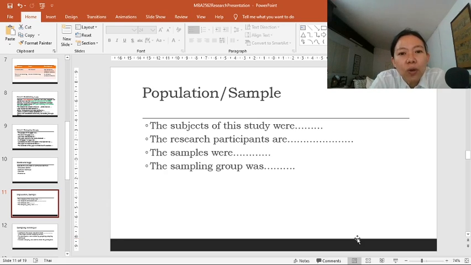So the subjects of your research could be a small number, or it could be a large number of people. It depends on the purpose of your study. So these are the example sentences that you can use to show the population. Like, the subjects of this study were, the research participants are, the samples are, and the sampling group was. So after you talk about the research population,